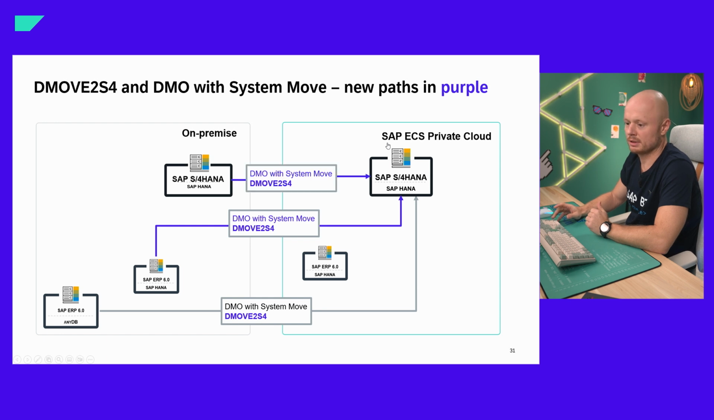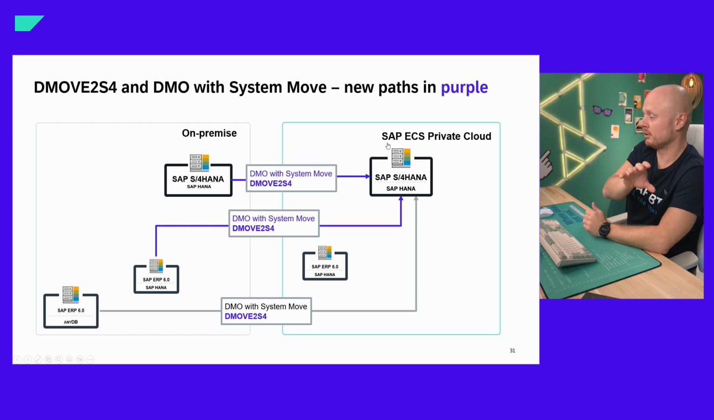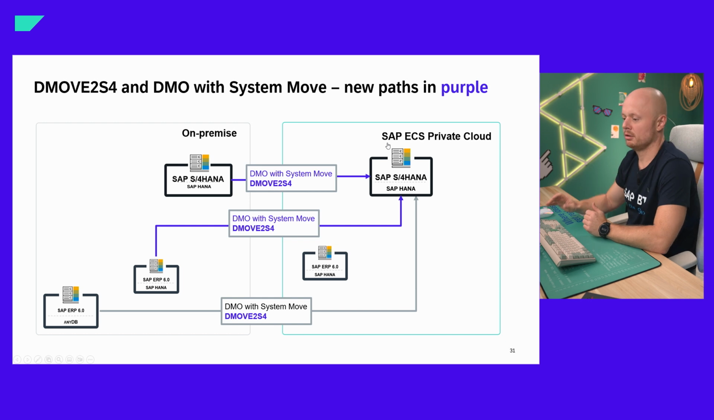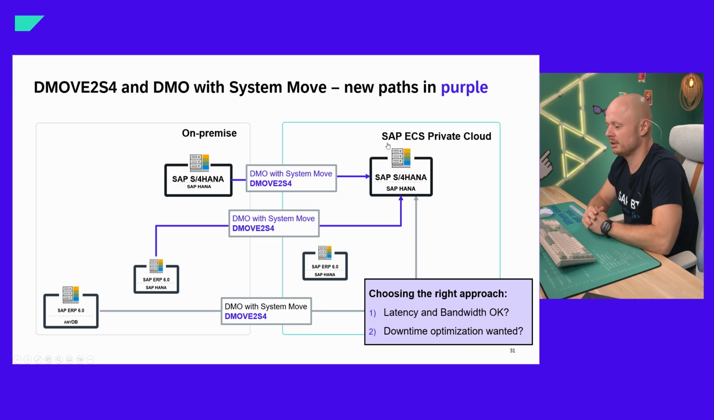And also if you just want to make the switch from the on-premise system to the private cloud, this is supported both ways. You just need to find out what is the right approach for you. If the latency and the bandwidth are okay, and if you want this downtime optimization, then this is the way to go. Okay, then